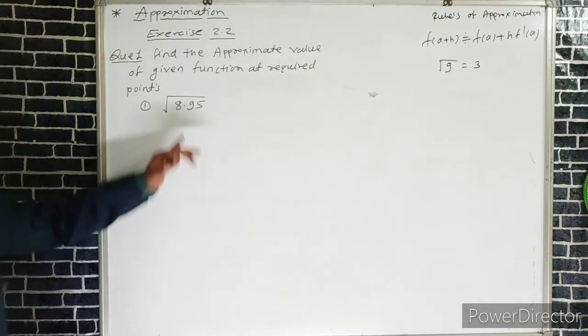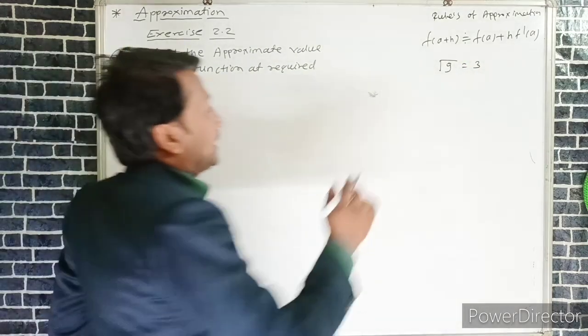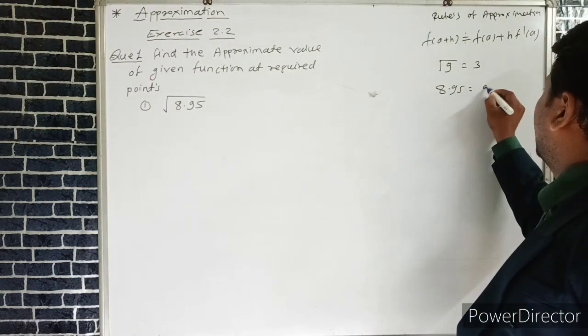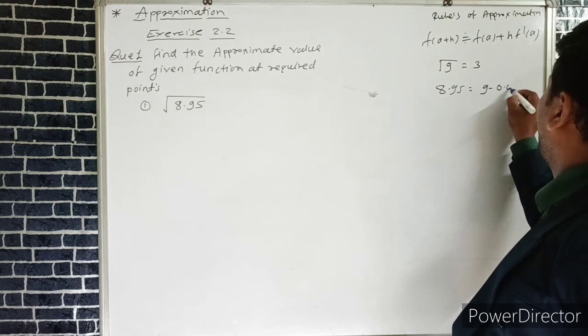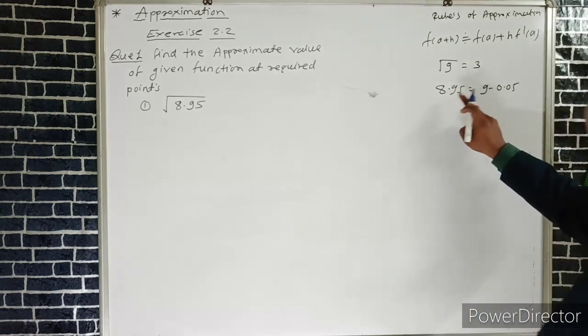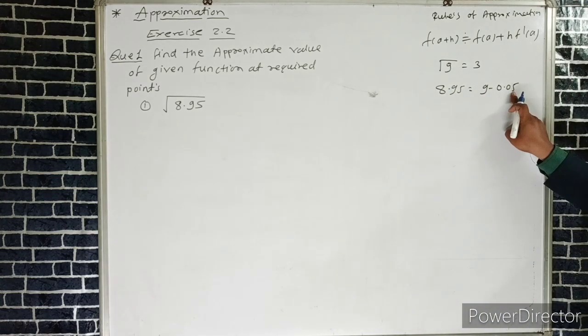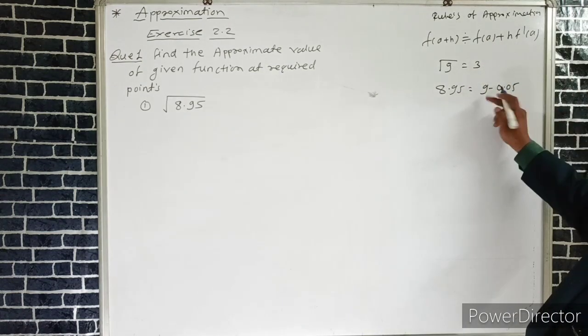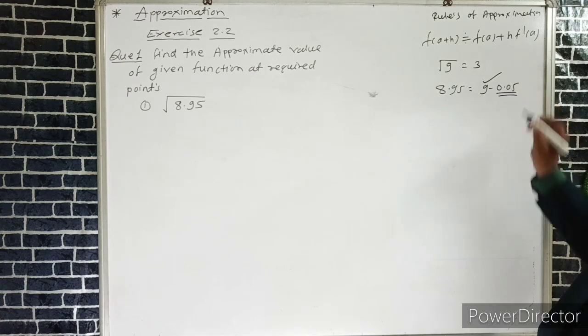We can write 8.95 as 9 minus 0.05, because the value of 9 minus 0.05 is 8.95. Here we can say that the value of a is 9 and h is very small,